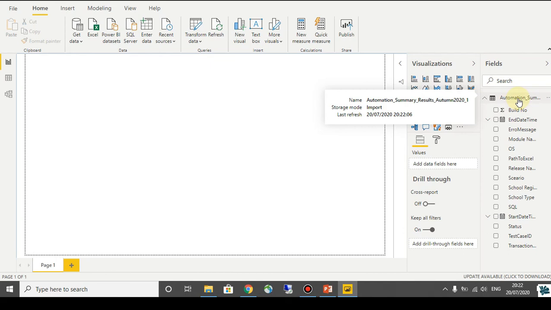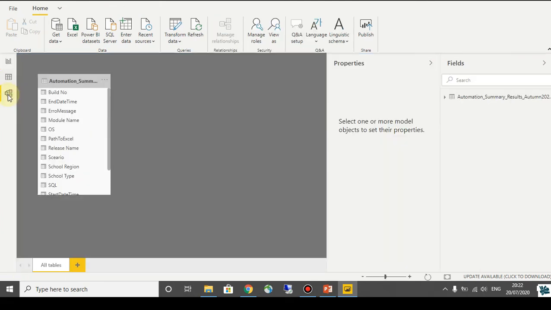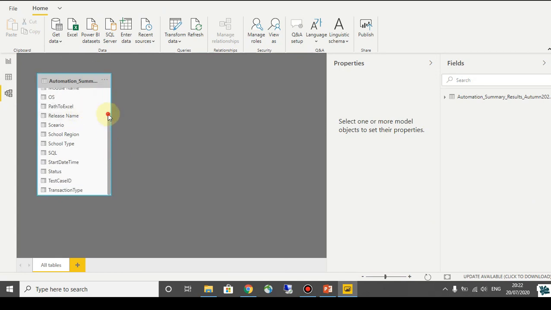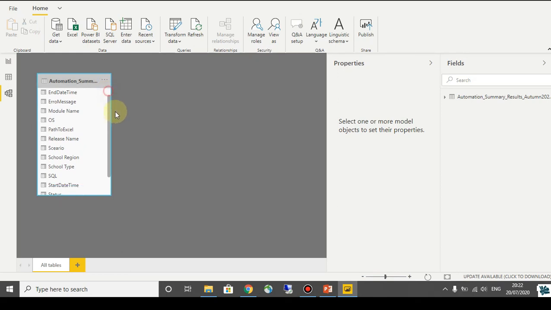It means the name of the table is our file name. We can see in the Model section, it automatically created a table with the column names. These many are the columns in my CSV file.